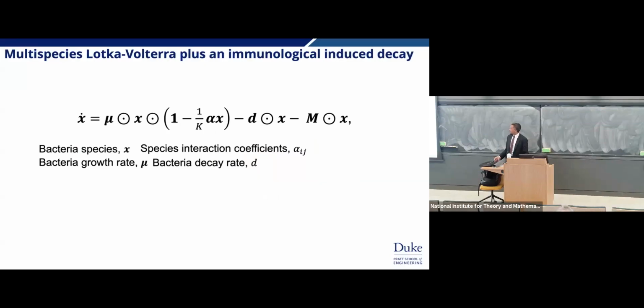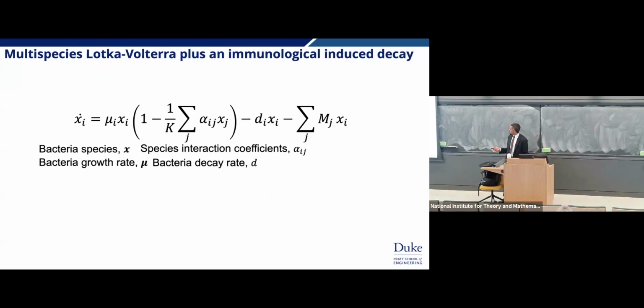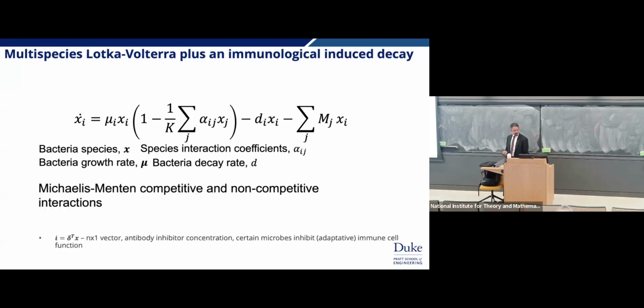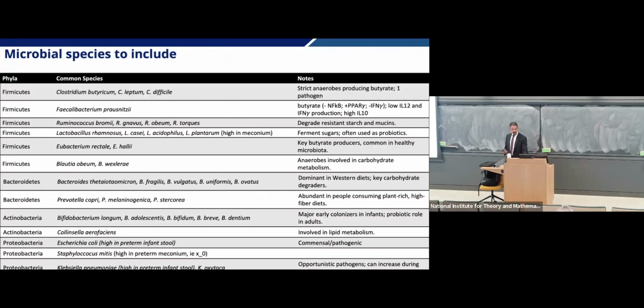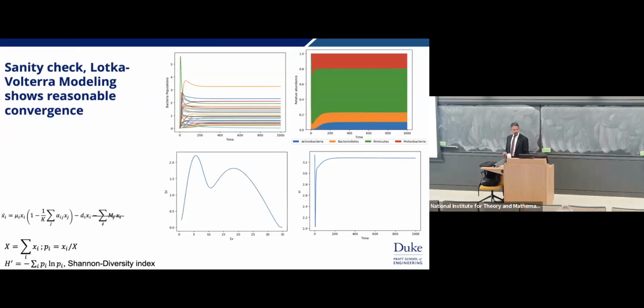I combine that with the standard Michaelis-Menten kinetics here. This is what that equation looks like in a more expanded form, again looking at that competitive and non-competitive interaction. I went through the literature and identified some species and some phyla, mostly relying on my colleagues at the Xavier lab to identify what species I should be caring about in the gut. And then I had ChatGPT give me a whole bunch of parameters that should hopefully fit these pieces of data. So mu, alpha, and D were all derived from me just saying, hey, give me the best guess, because I just need to test something right now.